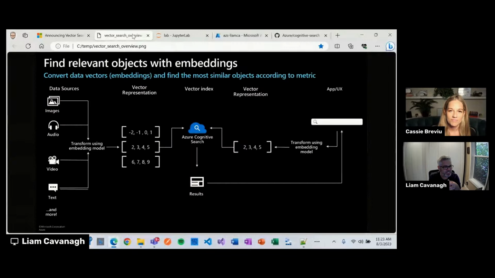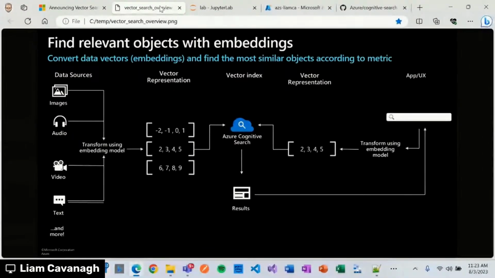But what vectors have really unlocked is the ability to take objects, and an object could be some text, an image, a video, or even a molecule or a gene, and describe that in a vector space. And all a vector space is, is a set of numbers that describe that object.